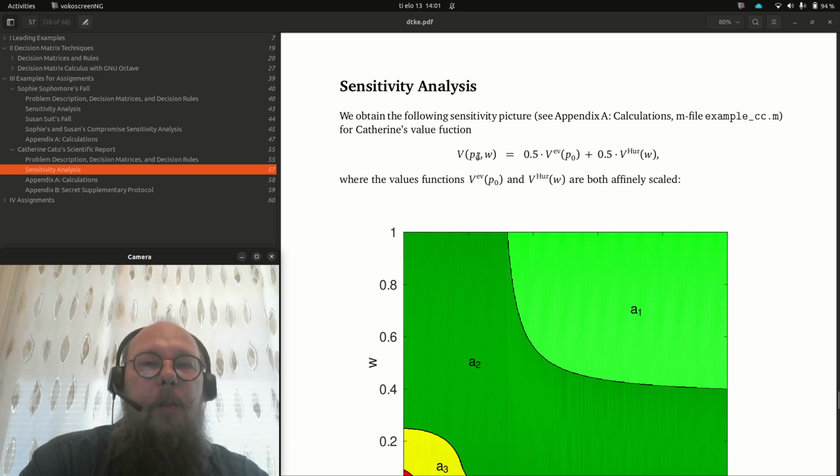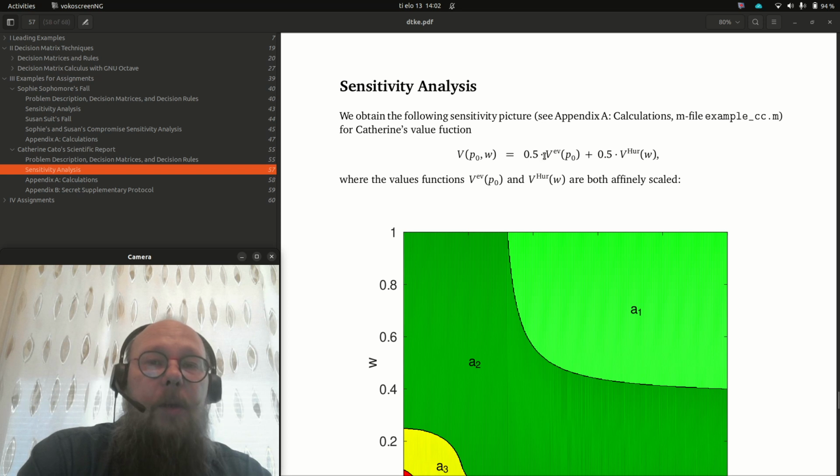P0 W. P0 is the probability that the koala Ebola pandemic is contained, so we don't have a pandemic at our hand, and W is the measure of optimism in the Hurwitz rule. So the rule is half times the expected rule plus half times the Hurwitz rule, and the idea why we do this is that the expected rule is so sensitive to the P0 and the probabilities are more or less estimated with the Harrison-Stetson method, so we cannot be sure that the probabilities are what they are. We temper the effect of probabilities with our degree of optimism.